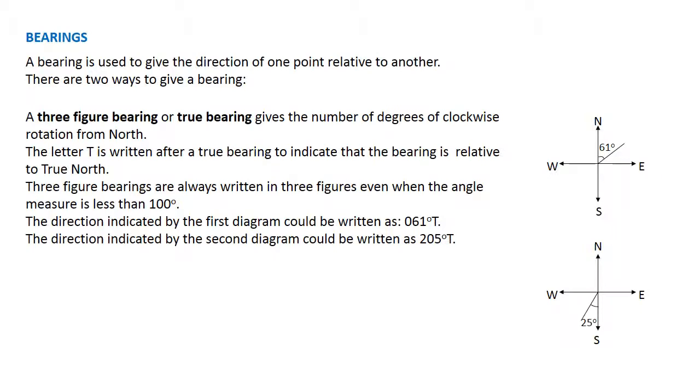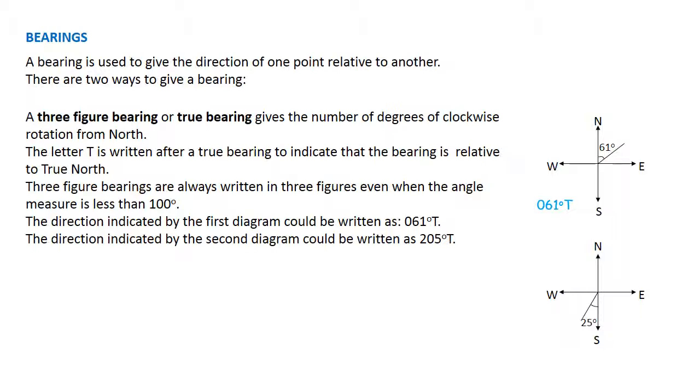The letter T is written after a true bearing to indicate that the bearing is relative to true north. Three-figure bearings are always written in three figures even when the angle measure is less than 100 degrees. For example, the direction indicated in the first diagram could be written as 061 degrees true, 61 degrees of clockwise